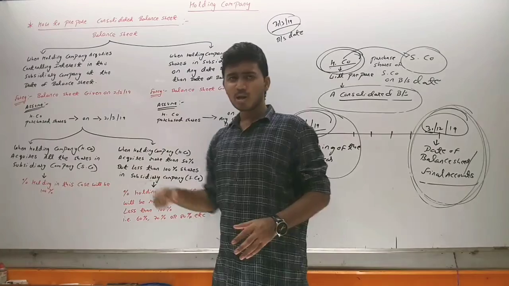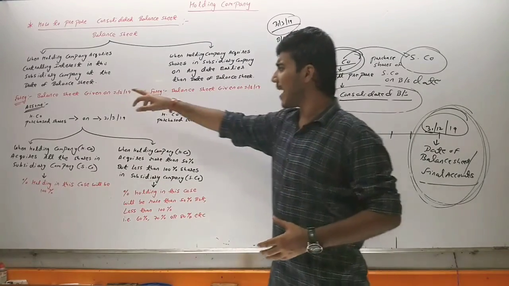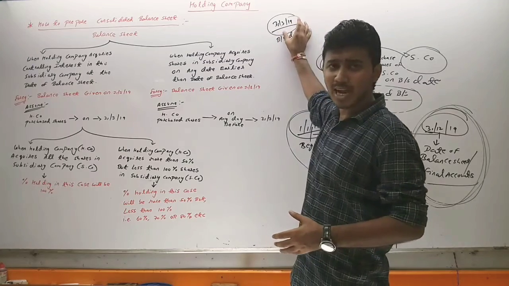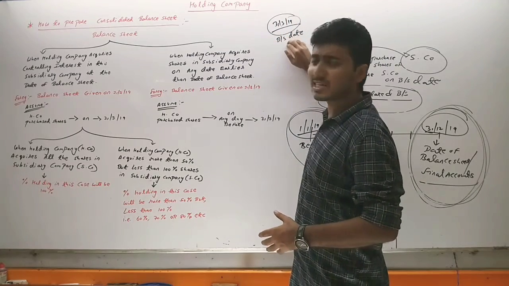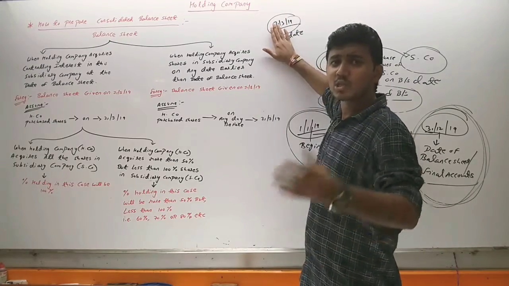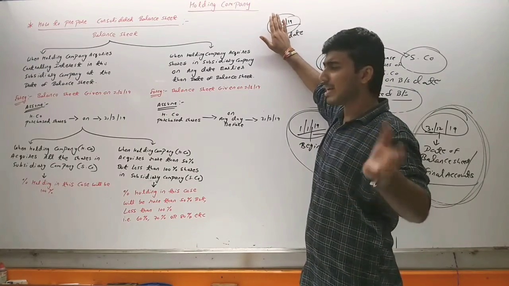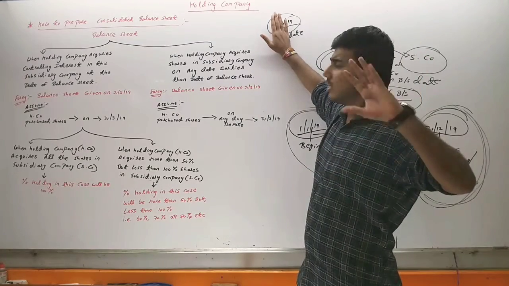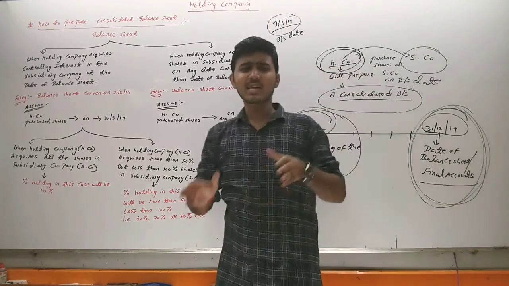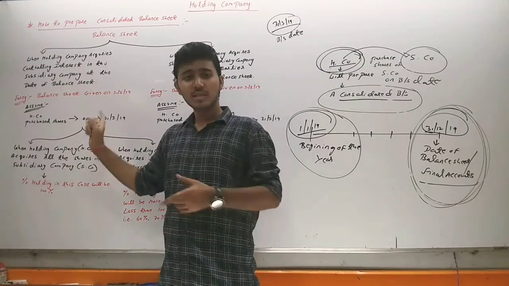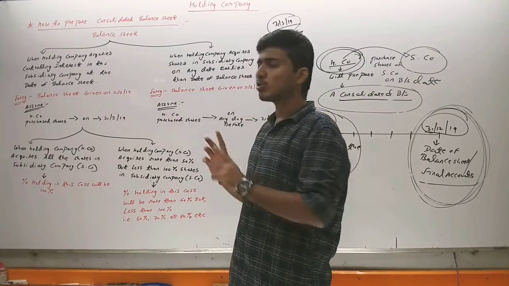We have taken example also that, for example, if balance sheet given on 31st March 2019, so let us assume it is balance sheet date, and if the holding company purchase share on this date, so we can say that holding company has acquired controlling interest in subsidiary company on the balance sheet date. So if holding company purchase the shares of subsidiary company at the balance sheet date, so this is our first case. The first case is divided into two parts.